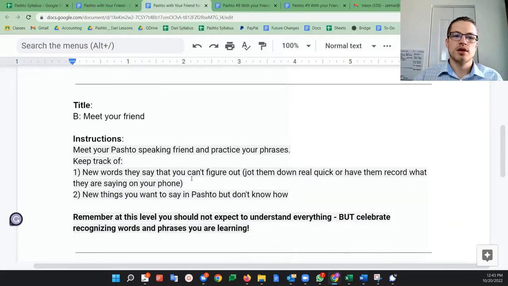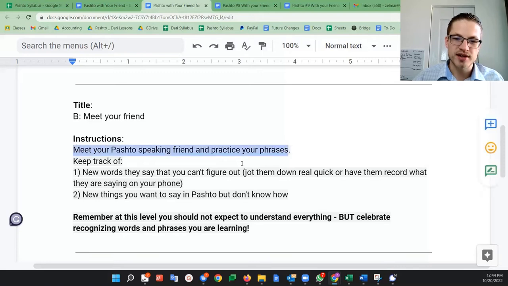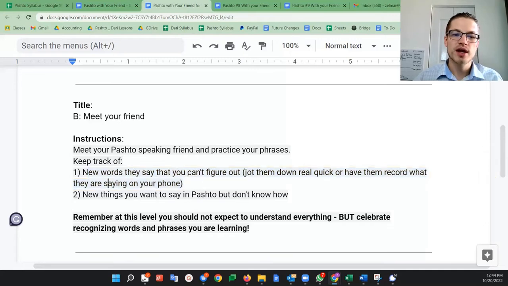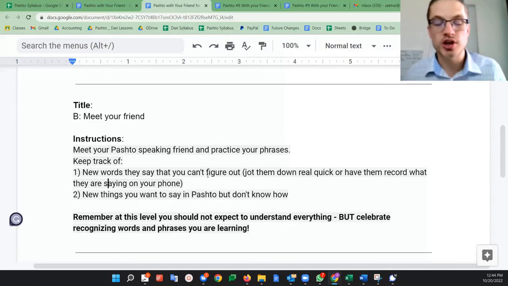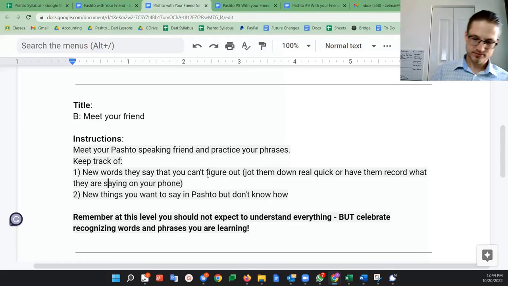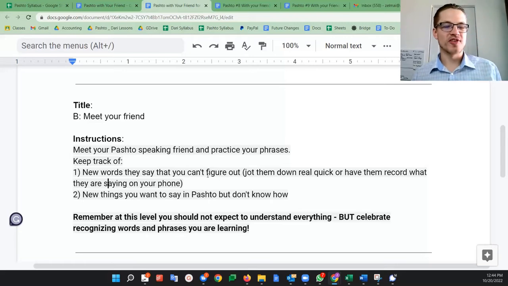Then, part B is meet your friend. So meet your Pashto speaking friend and practice your phrases. Keep track of new words they say that you can't figure out. Okay, so jot them down real quick or have them record what they're saying on your phone. So, yeah, this could be a little bit tricky. I'd really encourage you, one phrase you could ask your conversation partners, how do I say, can I record your voice? I want to listen to it later and practice learning new words, something like that. So try to learn that phrase, because then you can say to your friend, oh, sorry, poineshwam, and then hold it up. And then maybe, can I record,